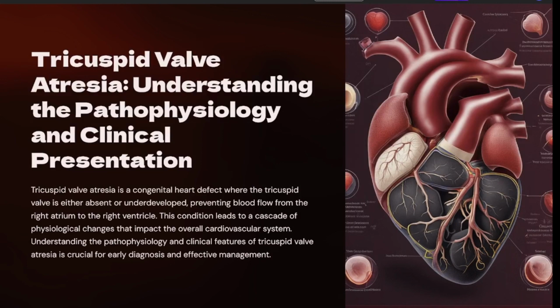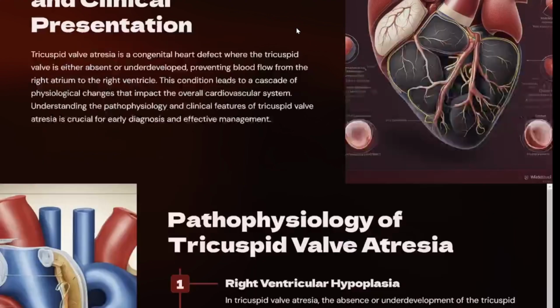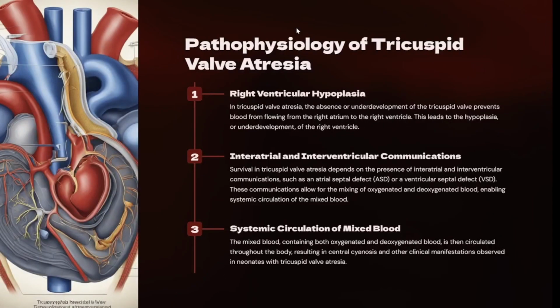Oral exam questions and answers on tricuspid valve atresia. Question 1. Describe the pathophysiology of tricuspid valve atresia. In tricuspid valve atresia, the tricuspid valve is either absent or underdeveloped, preventing blood flow from the right atrium to